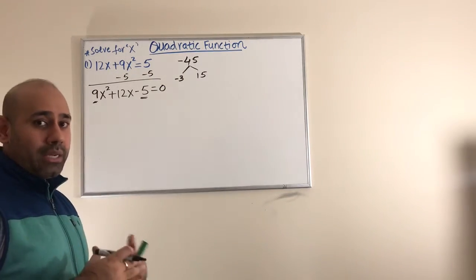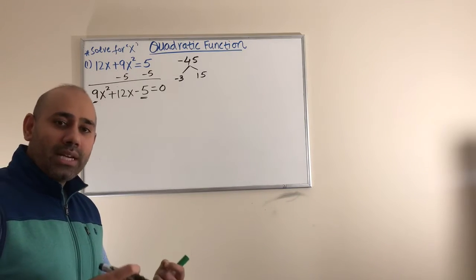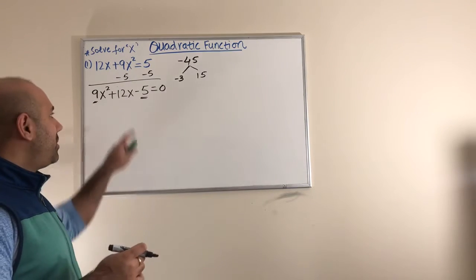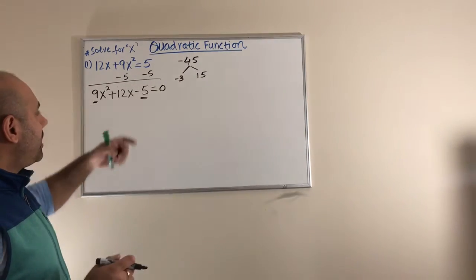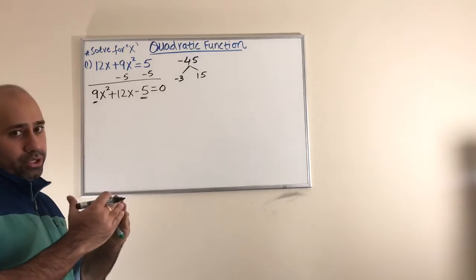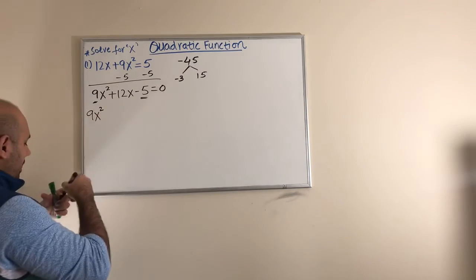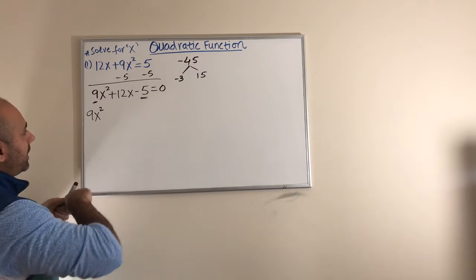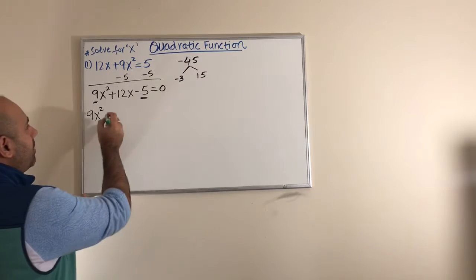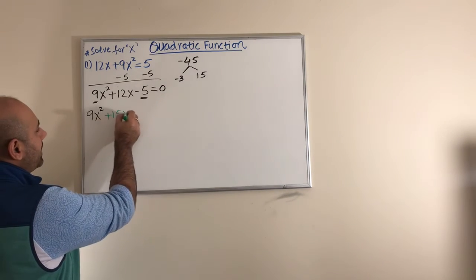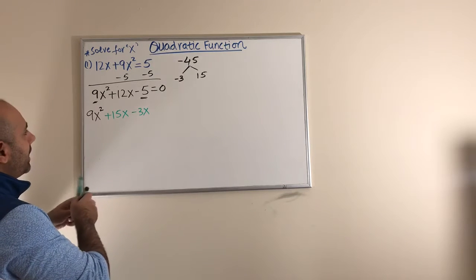So guys, you have to start by writing two factors, and then if you have to play around with the signs, go ahead and do it, because we want to make sure that when we add those two numbers, we get the middle term. Okay, from here you already know what to do. You want to break the middle term into two pieces. So I'm going to start by writing 9x squared, and then to break the middle term, we already have the two numbers. So I'm going to put plus 15x, and then I have minus 3x. And then at the end, I have my -5